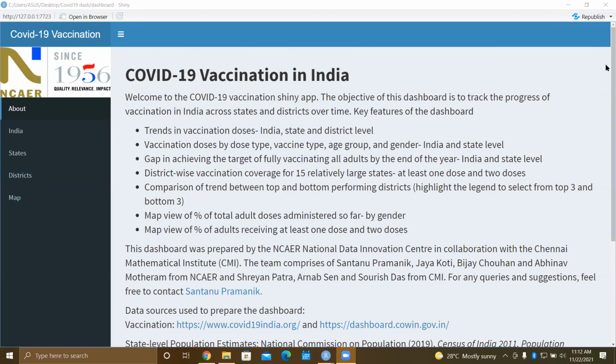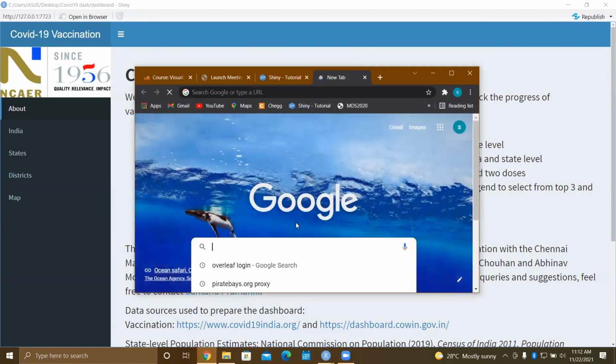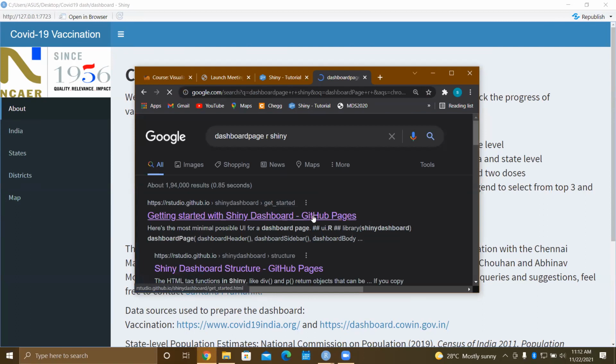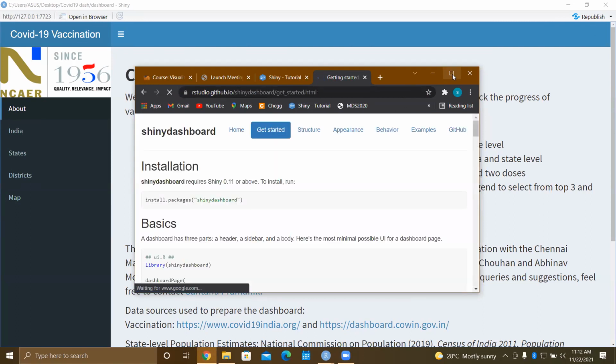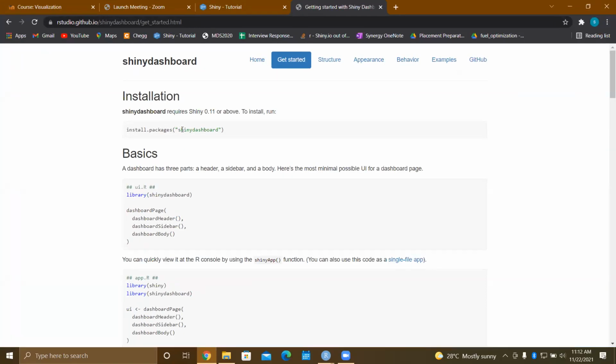So this is my app, what I created. The layout that I have used is called dashboard page layout. You can just Google it. You need just one thing, the shinydashboard library.